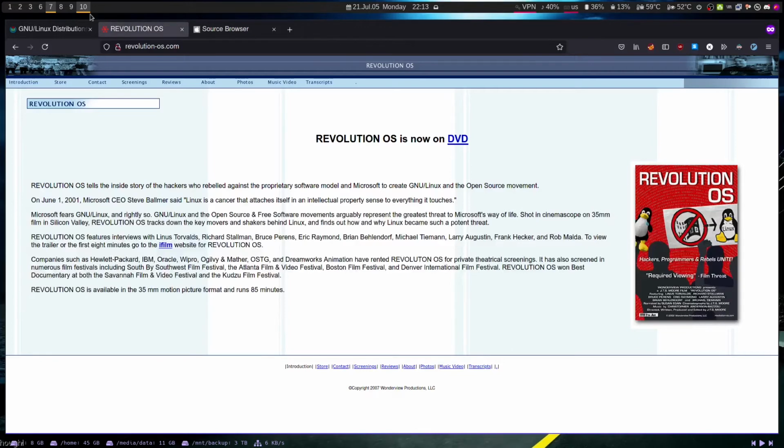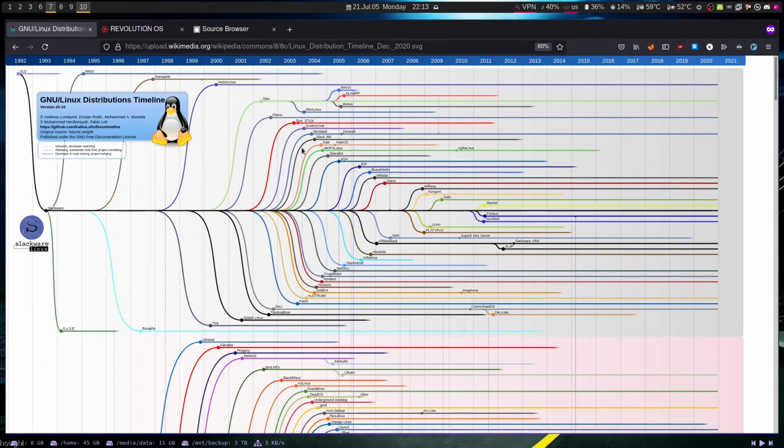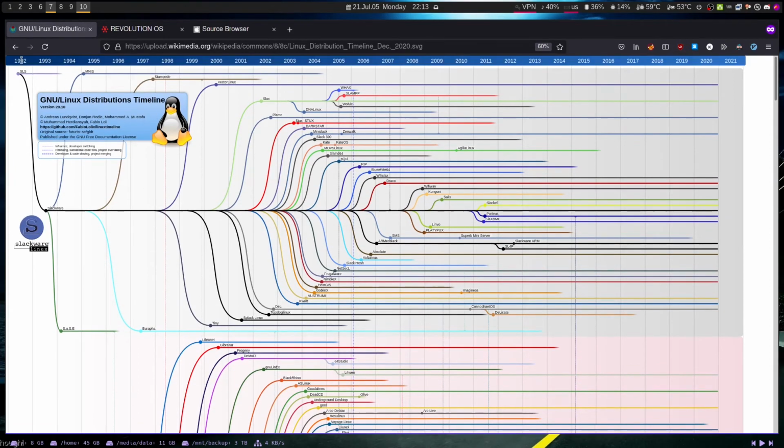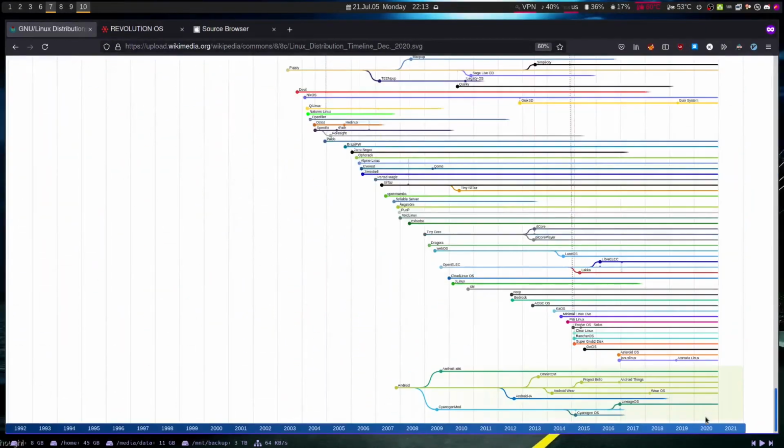So going back to our Linux distributions, we have thousands. I mean truly thousands. You can see up here, this is starting from 1992 all the way to 2021. If I zoomed out, you would not be able to fit this on a screen or on a poster. There's a lot of distros. They stemmed originally from SLS Linux, which turned into Slackware Linux, which is what most people know, Debian, and Red Hat down here. These are really the big first players in terms of distributions.